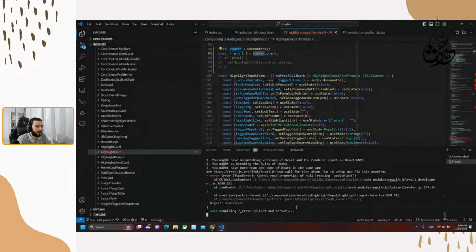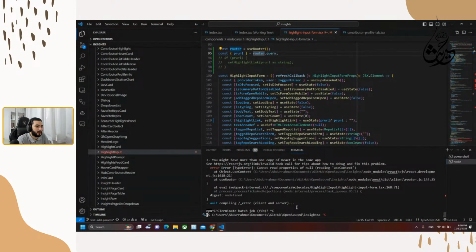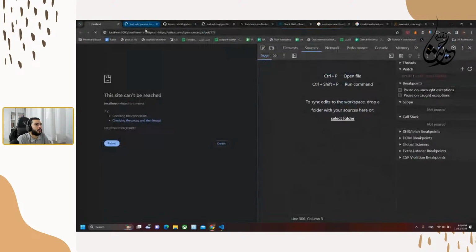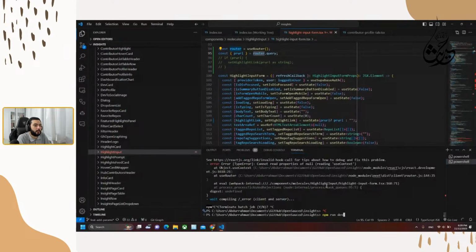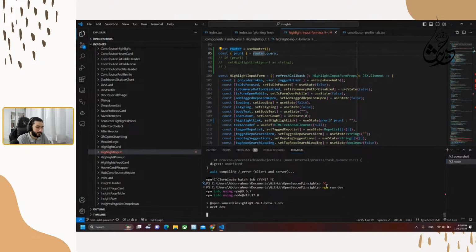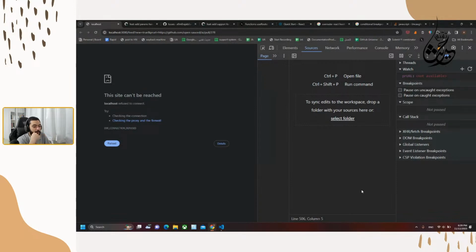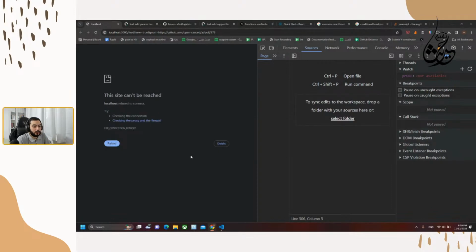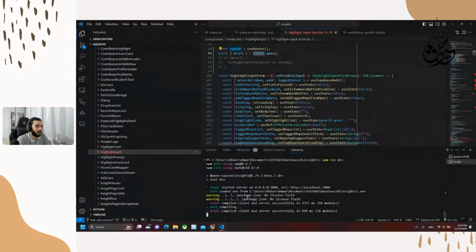Wait, I will close the development environment that we are having so I don't get anything from previous rendering, and I will rerun that code again, and you will see what's going on. So yeah, we are waiting.